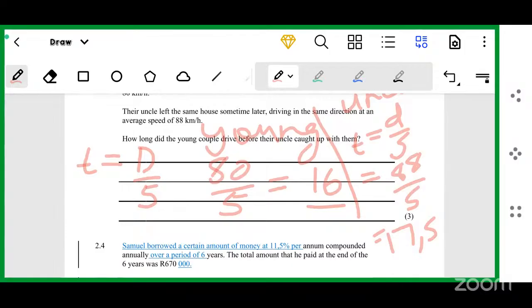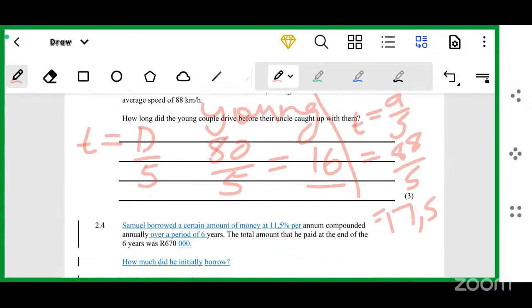Yes, 17.5. And then I minus 16 from 17.5. Okay, so it's 17.5 minus 16, which is going to give us